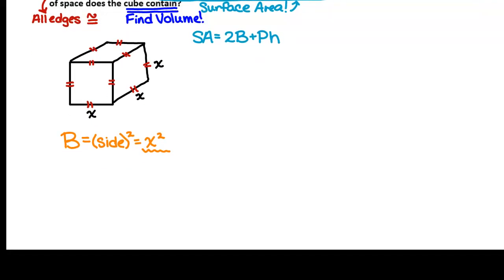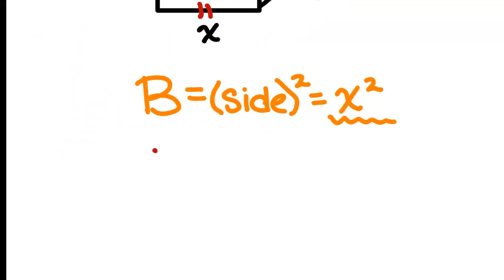All right, we also need the perimeter of the base if we're going to talk about the surface area formula. My base is what shape again? A square. What do we know about all four sides of the square? They're congruent. So if one of my sides is x, what would it be if I go all the way around? 4x. I have four sides that are all the same, so I'd add x plus x plus x plus x